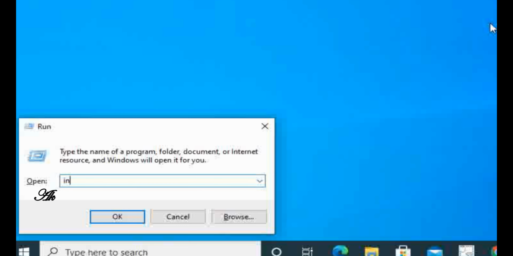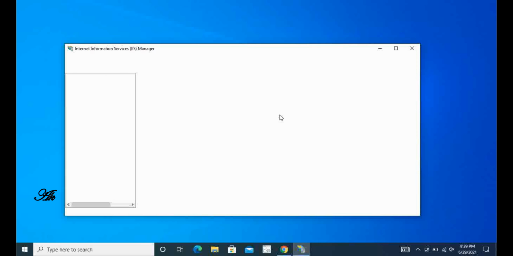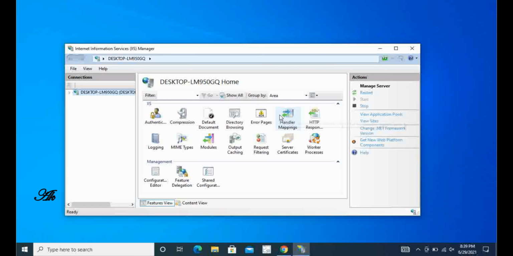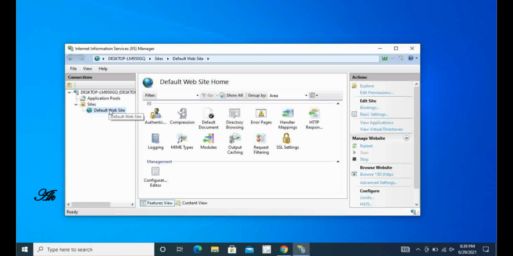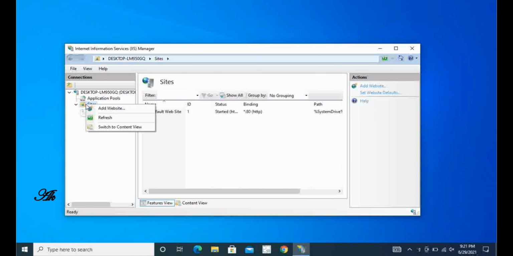Now we can search for IIS in our system. The shortcut to open IIS is inetmgr, and then press enter. It will open IIS if it is present in your system. We have just downloaded IIS. See, IIS will open. In this we have Sites. The Default site is present because earlier we didn't have IIS and we hadn't created any site in it. Now we have the default website already present in it.